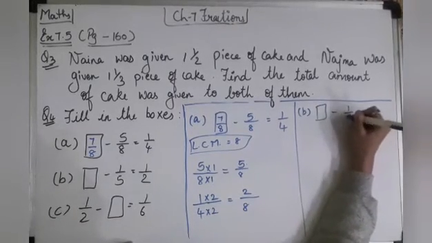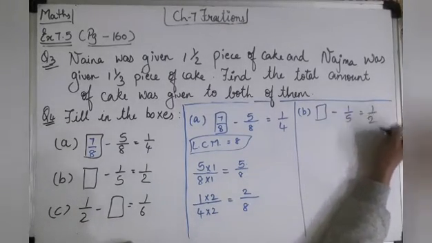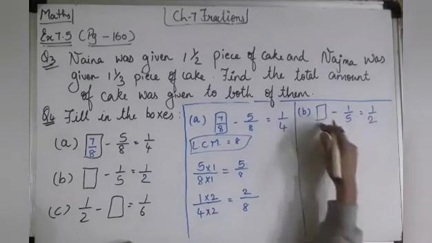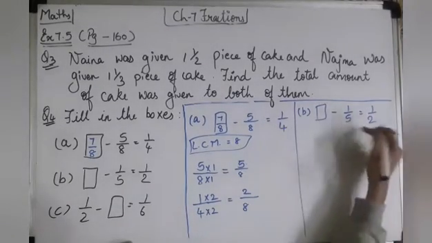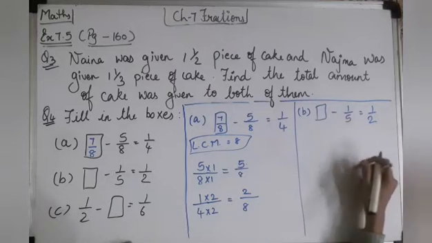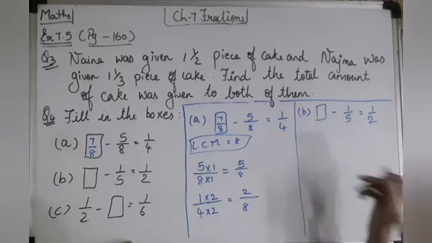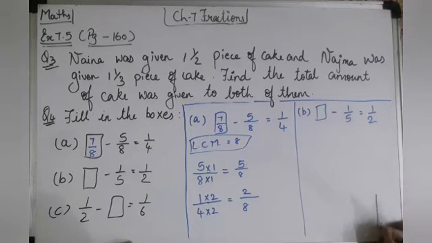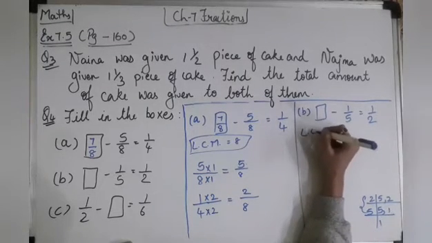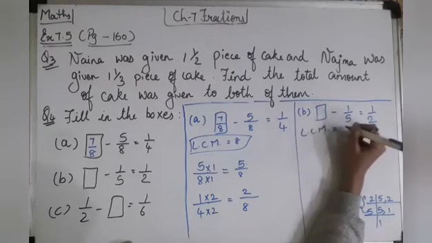Dash minus 1 upon 5 is equal to 1 upon 2. First fraction is not there. Which two fractions are given? It is unlike fraction. So we have to convert first into like fraction. So we'll take out the LCM of 5 and 2. 2 into table 5 is not coming. We will carry down like that way only. So 2 ones are 2, 5 ones are 5. 2 5s are 10. So we got the LCM 10.